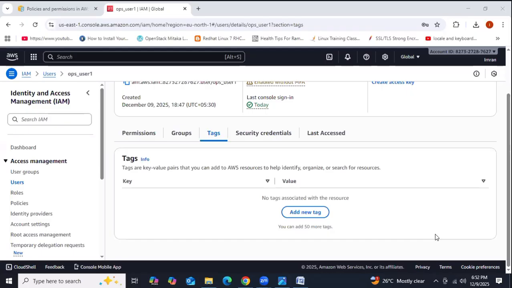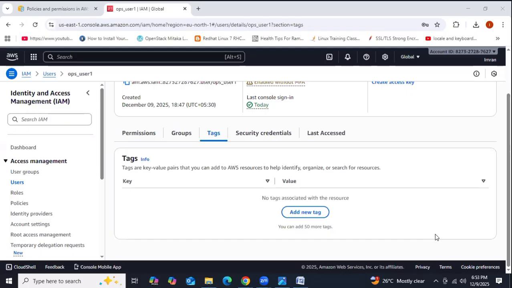In the same way, you can assign tags for resources in our AWS. If you want, you can assign one tag for a user. So and so user, ops user one, he belongs to so and so team. He belongs to the ops team. He belongs to the database team. We are going to provide the name, the username, and then we are going to provide the tag for him. It's one kind of command. With the help of those tags, easily we are going to find the resources from our AWS cloud.